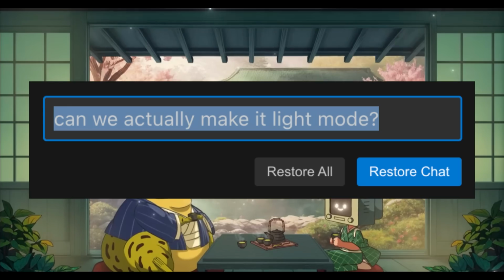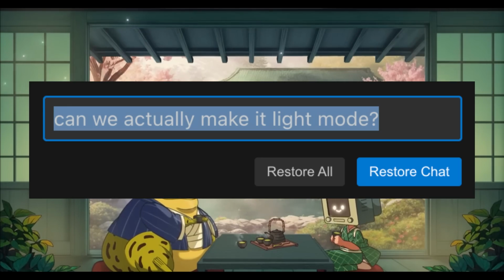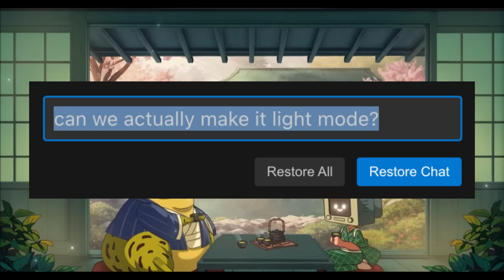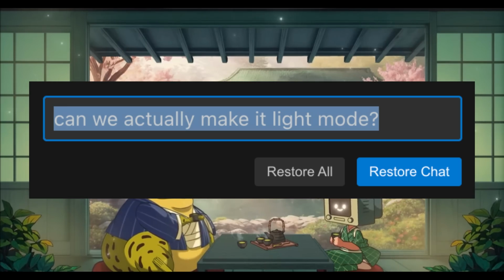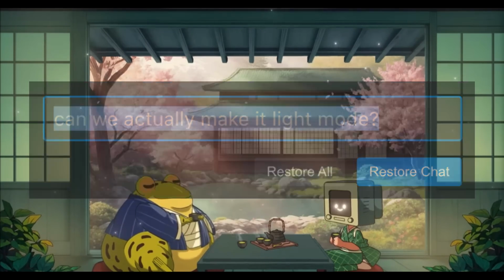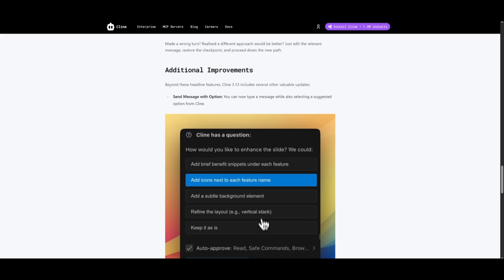If you take a wrong turn and you want to explore a different approach, you can edit, restore, and branch off seamlessly without losing any sort of progress with this new message editing and checkpoint edit. There's a lot of other additional improvements where you have the ability to send messages with